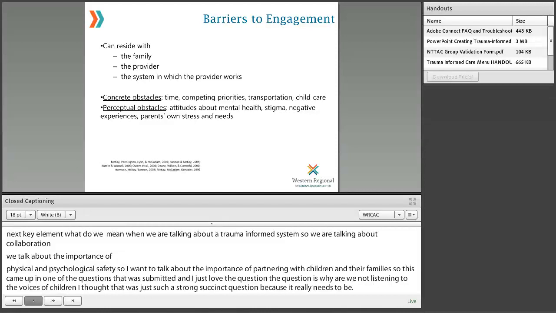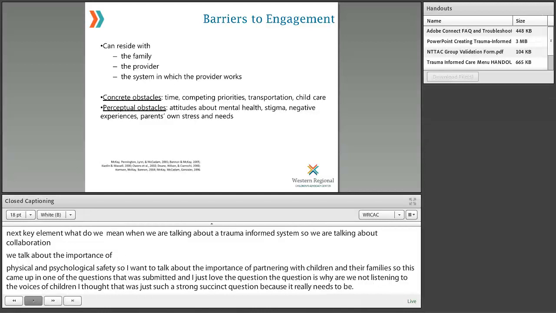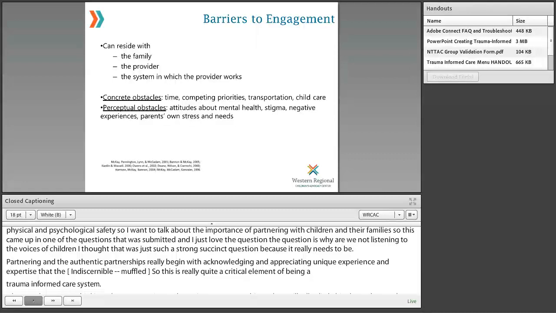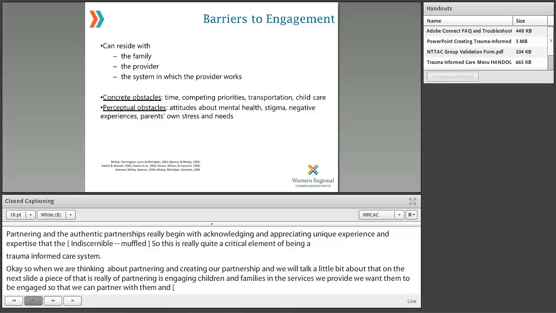When we're thinking about creating authentic partnerships, and we'll talk a little bit about that on the next slide, a piece of that is really engaging children and families in the services that we provide, right? We want them to be engaged so that we can partner with them. There are a couple of barriers to engagement that I wanted to highlight. These barriers can reside anywhere within the family, within the provider, and within the system too. The literature on barriers to engagement, which has really been pioneered by Mary McKay and her colleagues,